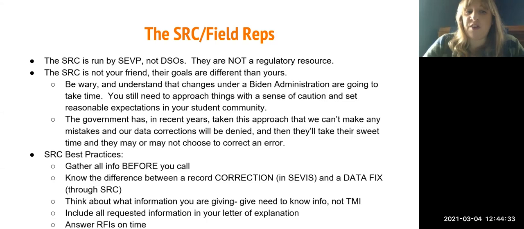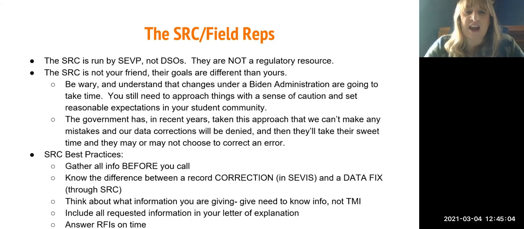If it doesn't fit or you're not sure, then you can call the SRC and they'll eventually let you know what they want to do. And then also just really think about the information you're giving the SRC. It's need to know only, it's relevant to the case only, and it's not TMI. We don't want to open up a can of worms on a record if it's unnecessary. And then when you have to,